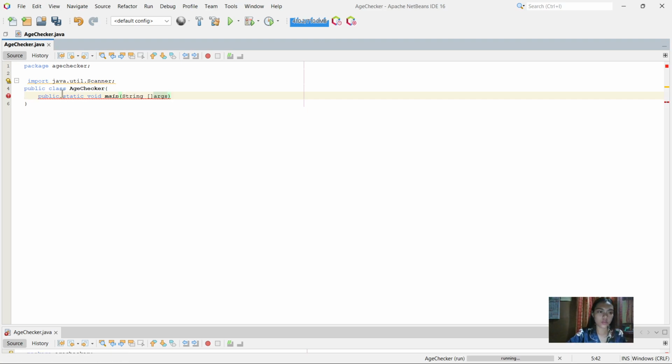So this is important in order to execute the program in the main method.